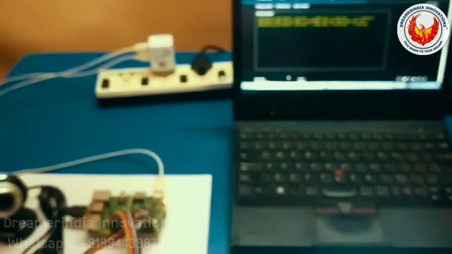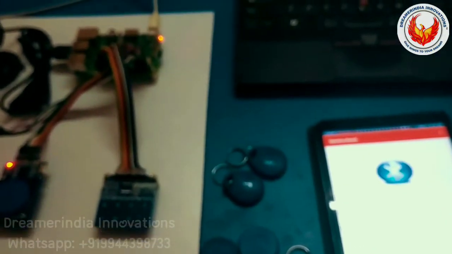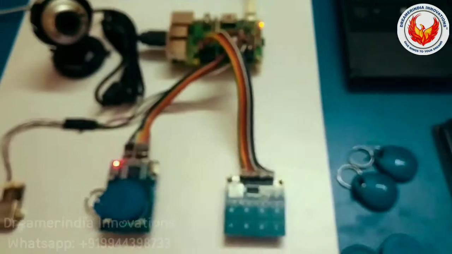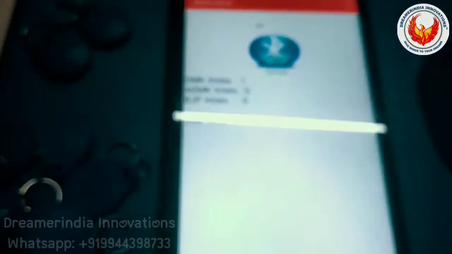By using this, we have two-factor authentication, that is, we have the voter ID RFID key and the fingerprint, and only if both are matched will the vote be registered. It will be stored in the IoT server, the IoT web page, and also displayed in the remote mobile application like this.